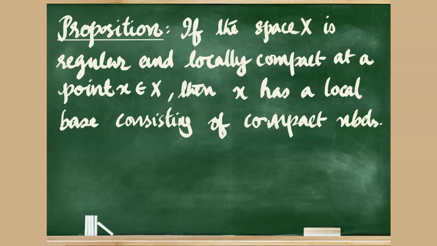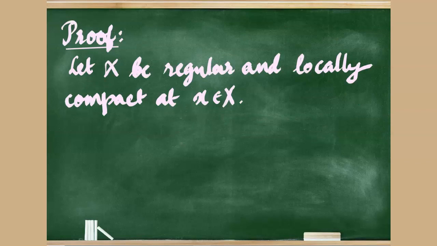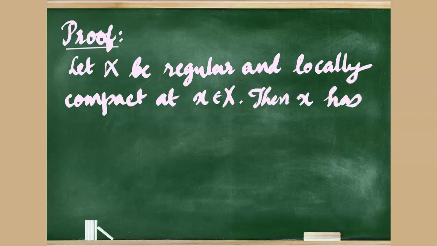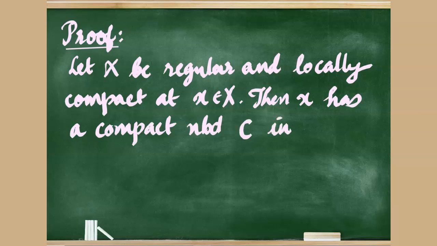We will have to prove the existence of a local base of the point small x which consists of compact neighborhoods. Assume that the space X is locally compact and regular at the point small x. Since the space is locally compact at the point small x, the point x has a compact neighborhood, say C, in the space X. Now, to prove the existence of a local base consisting of compact neighborhoods, we will need to